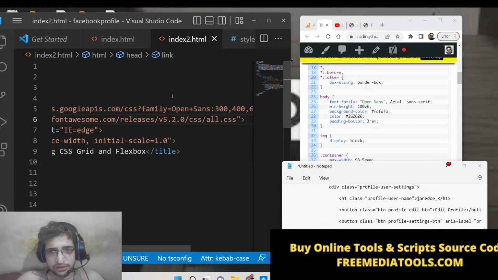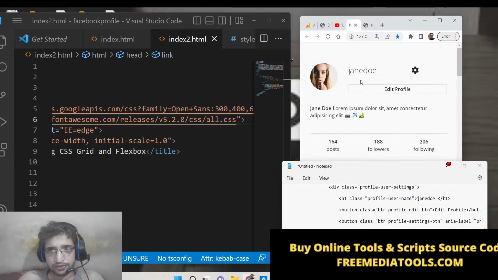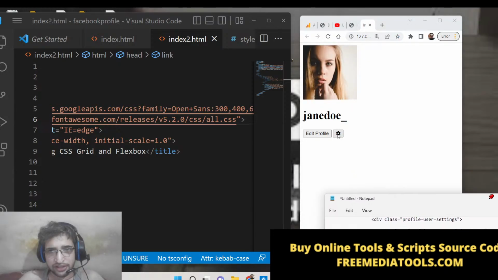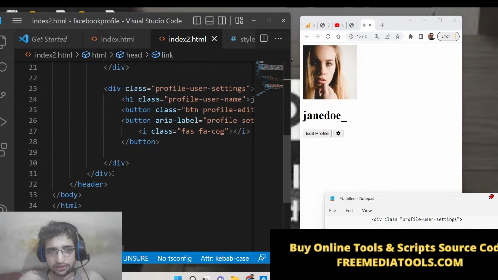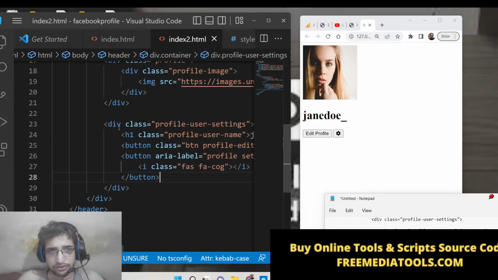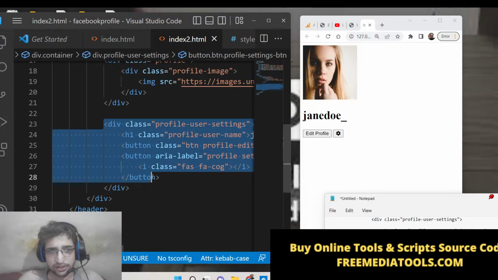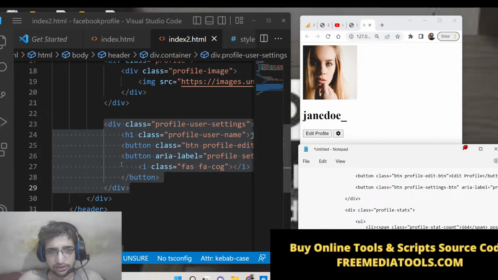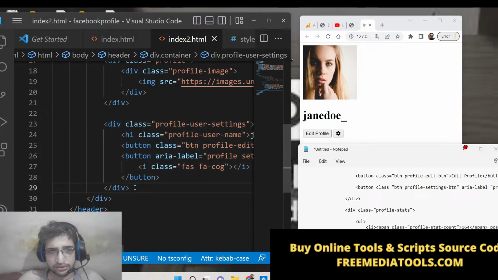If you refresh it now, you will see an icon appearing here, which is the settings icon. This is an icon which is appearing. That's exactly what we want. So this completes this section also, guys, which is profile user settings. Now we need to go to the next section, which is